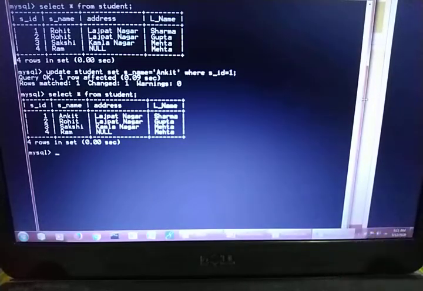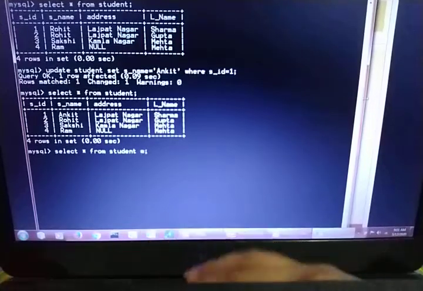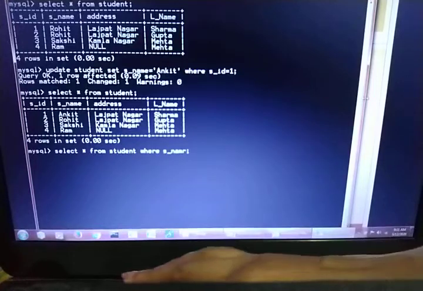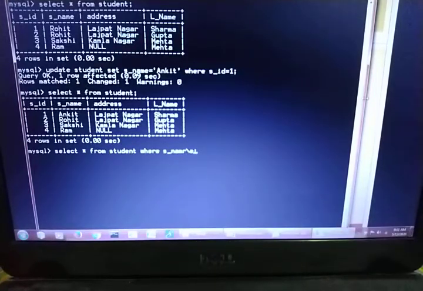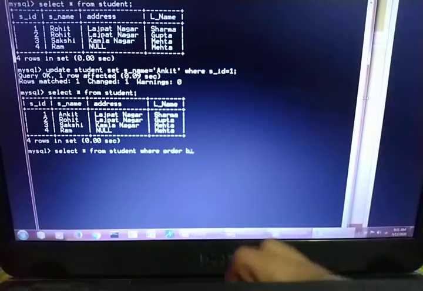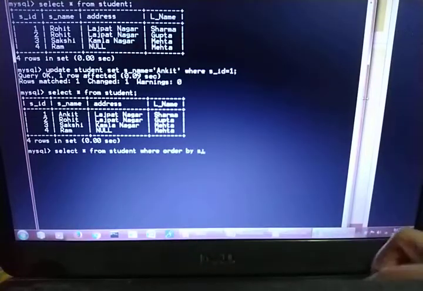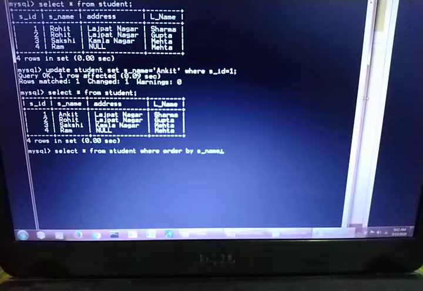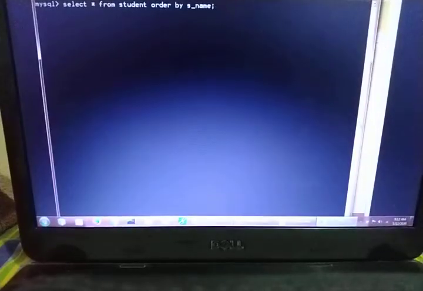What will you write? You will write the same query, select asterisk from student, and then order by S name. There is no need to write the where clause, because we are not checking any condition.